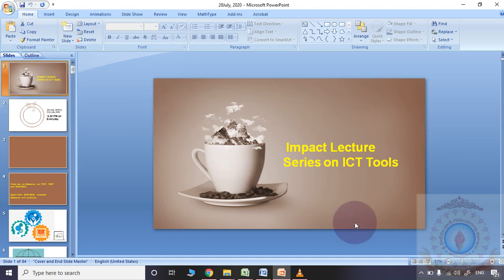So this is the end of this session. This session is meant for how to record our lecture by using some tools. These are the free tools. By using FreeCam, you may record up to n number of minutes, there is no problem. But by using Screencastify, you may record your lecture up to 5 minutes only in the free version.